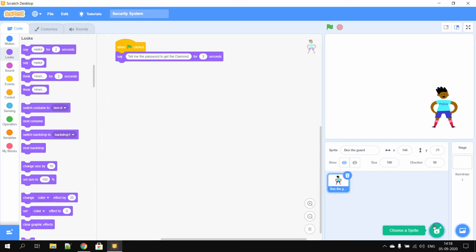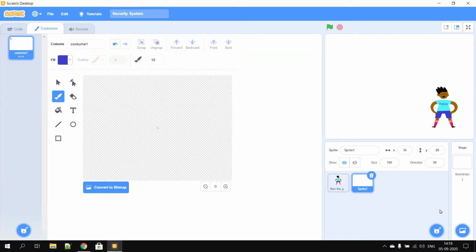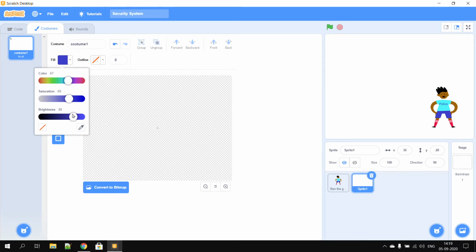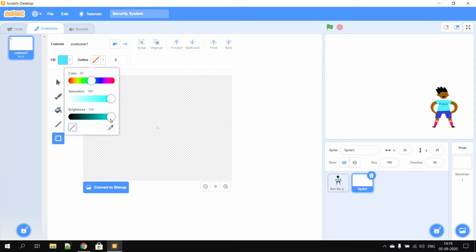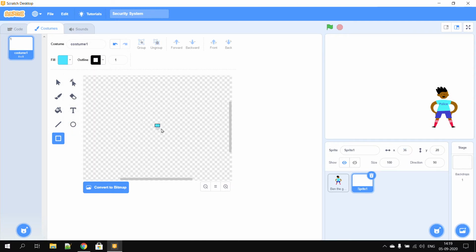Next I'm going to make a diamond, so I will go into paint a sprite. I'm going to draw a diamond which will be blue and its outline will be black. Zoom in. I will draw a rectangle. I'm going to place it in the center, and then I'm going to resize it with this tool. Place it here, and I will do it up, and then I will set it to pointed.